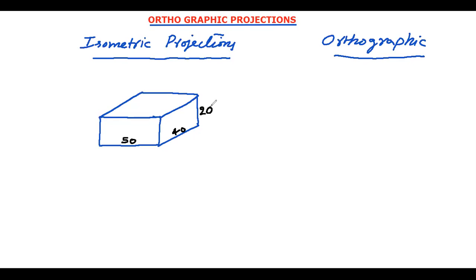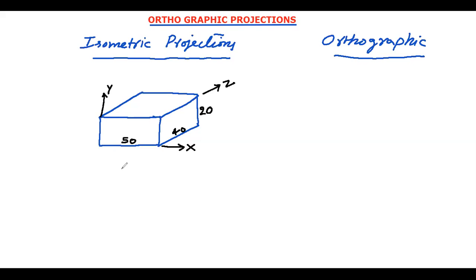Now observe the drawing which I have shown here. It is a single picture which contains the dimensions in all the three directions. You have the dimension along x direction, which is 50 mm. The dimension along y direction is nothing but the height, 20. The dimension along z direction is nothing but 40. So I have represented the drawing of the rectangular prism in a single picture, with all the three direction dimensions.